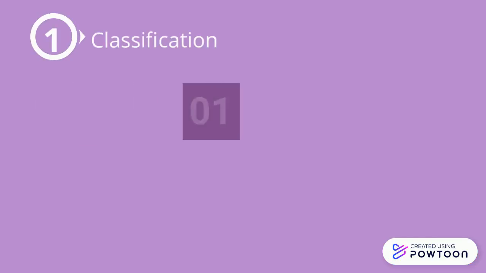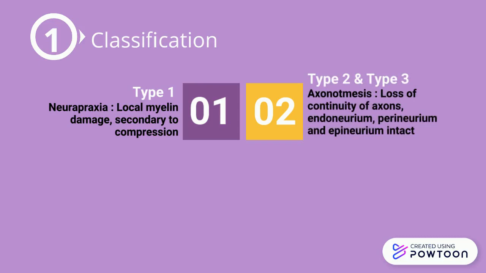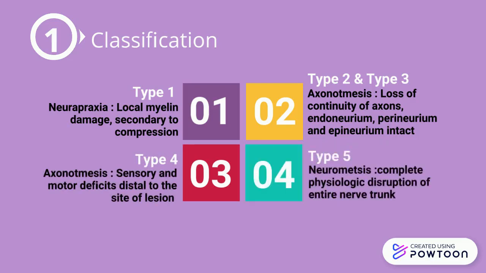Classification of peripheral nerve injuries. Type 1 corresponds to neuropraxia, characterized by local myelin damage secondary to compression. Types 2 and 3 correspond to axonotmesis, characterized by loss of continuity of axons, with the endoneurium, perineurium, and epineurium